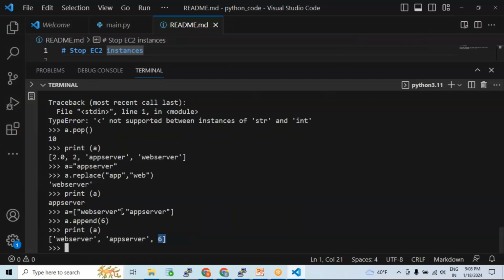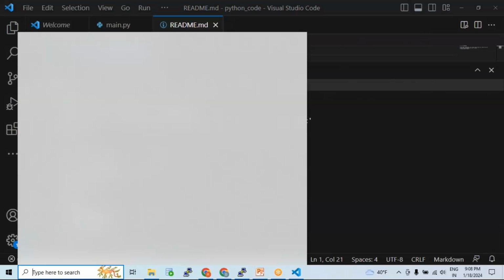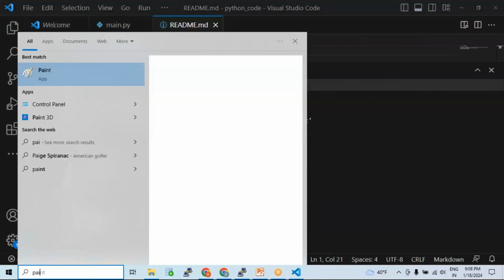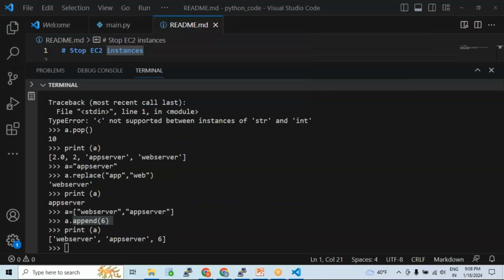Why like that? Why are the strings and lists not acting in the same fashion? Because in the string we see that it is not affecting the original value. In the list we see that it is actually affecting the original value, right? So the strings are immutable data types, lists are mutable data types. That's the difference here. So if you wanted to know what exactly is meant by mutable and immutable data types,